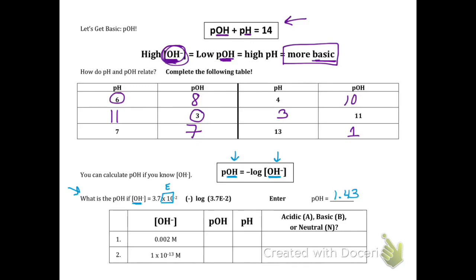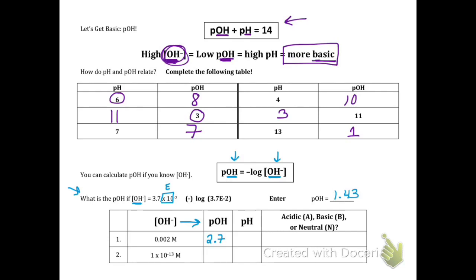Okay, let me do the next two examples. So here you have the concentration, you're trying to find pOH. So you're going to do negative log of this number right here. So you're going to type it into your calculator, negative log 0.002. If you type that in, then the pOH becomes